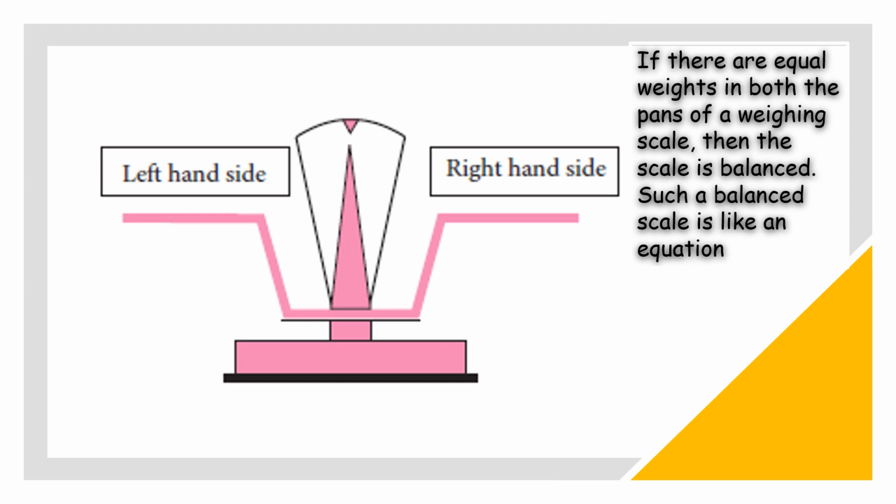Now, suppose you're going to a vegetable vendor, he's selling you vegetables and you're buying them. He's keeping weights on one side and your vegetables on the other side. Suppose the weights on both the sides of the weighing scale are equal, that is, they are balanced. Such a balanced scale is like an equation. In an equation also we have to find the same thing. Both the sides, that is LHS, left hand side, and RHS, right hand side, should be equal. This equal to sign is similar to the weighing scale. See the triangles in the upper and lower side, both are facing each other. That means it is balanced, it is equal.